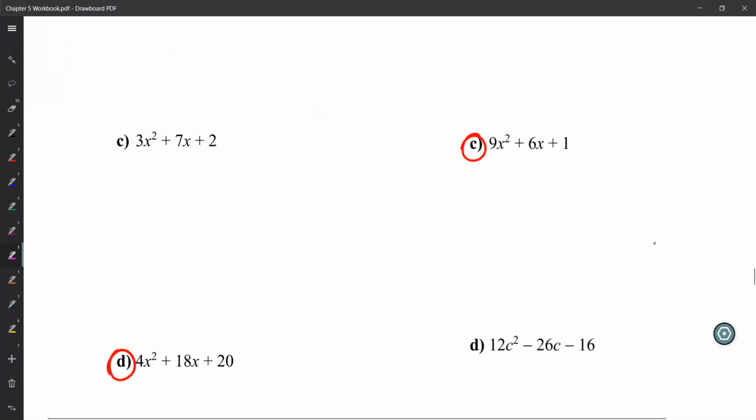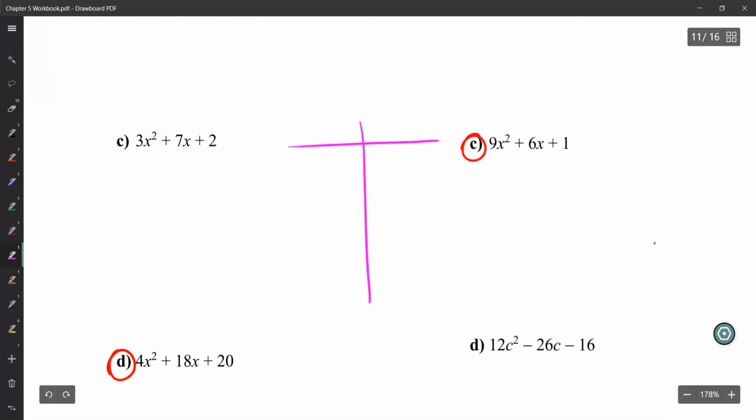Okay. Oh, this one is actually very similar to number 1. So your product is going to be 3 times 2, which is 6, and your sum is going to be 7. So this one actually will end up being the same numbers as number 1. It's 1 times 6, and 1 plus 6 will give us the product and sum that we need. So those are our numbers. The only difference between this one and number 1 is that number 1 had 2x squared and 3 here, and this has the opposite. So when you put in your numbers, again, either order is fine. So let's say maybe we'll put in x and 6x,